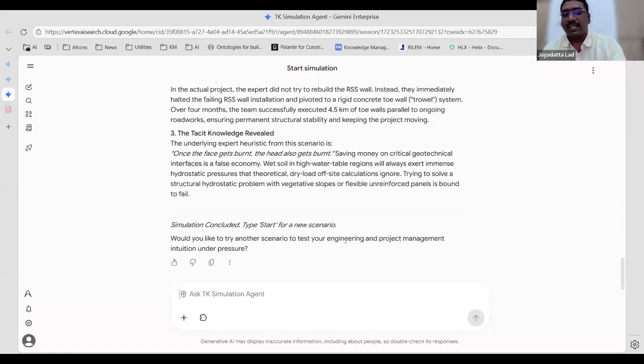And in the end, it has come to a place where it has compared the actions that I have taken with the actions of the expert. It has given me what actions the expert took, how he eventually resolved the situation, and then what the learning is that I need to take back home for myself. What is it that I need to remember next time a similar situation occurs? And then now I can start a new scenario, right? So that's it from me, folks. I hope this was useful for you.